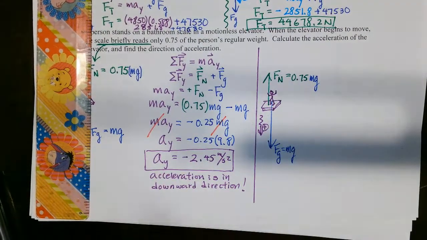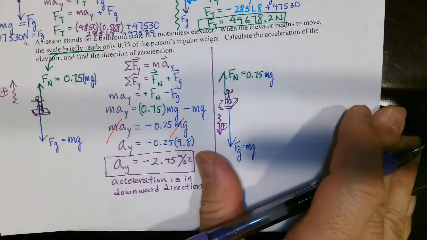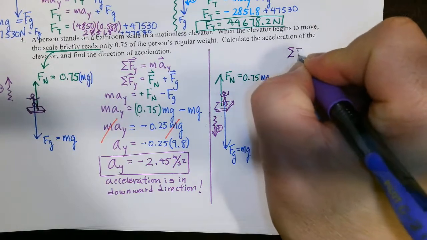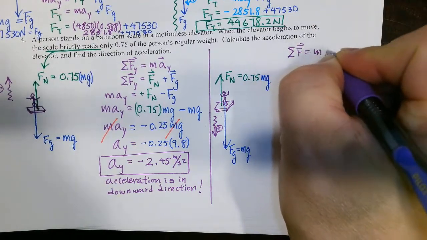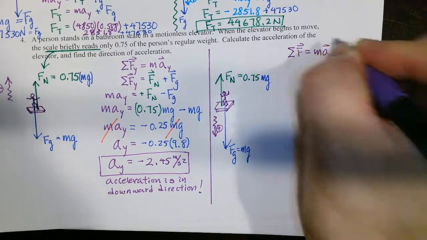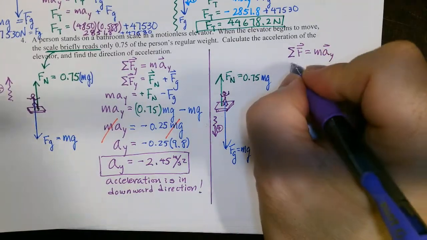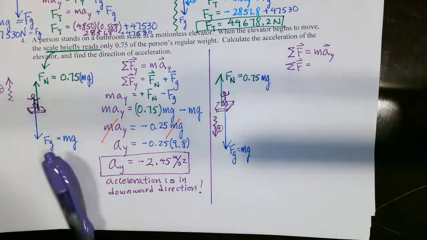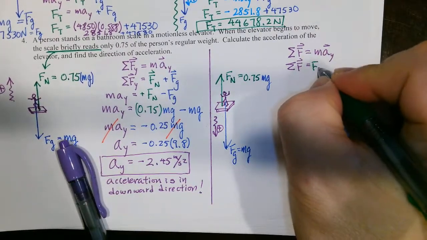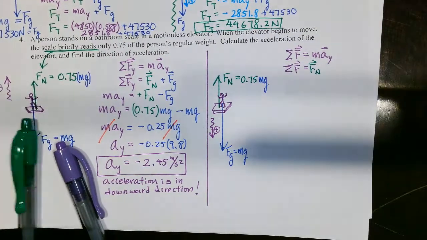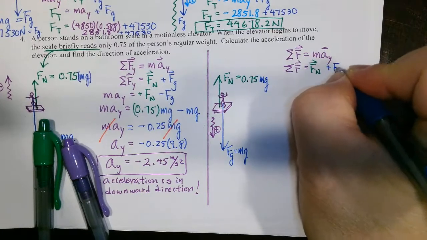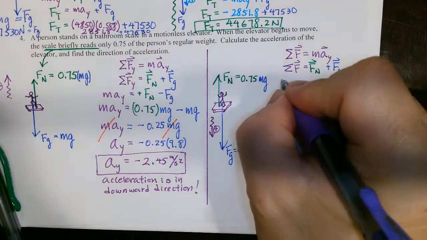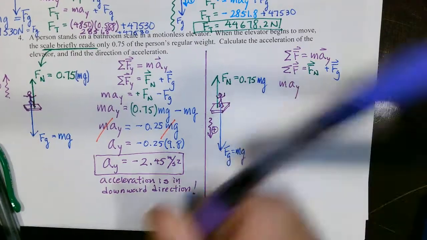Okay? So if we were to do this, sum of all forces is equal to MAY. And then sum of all forces is equal to, again, F normal plus Fg. So MAY is equal to,